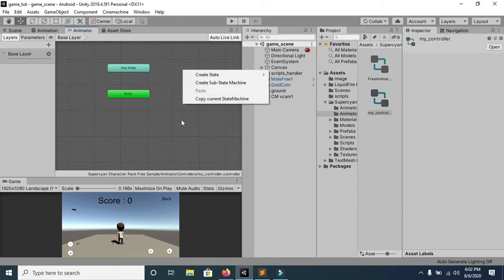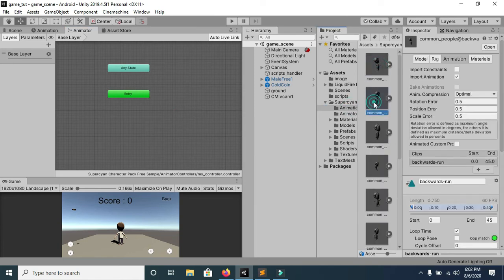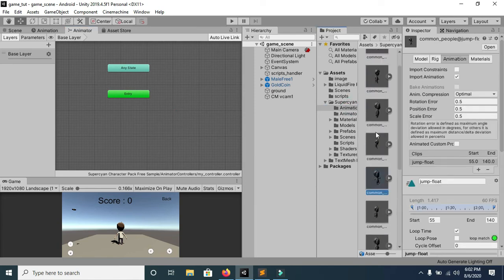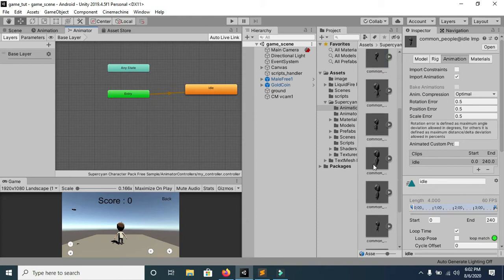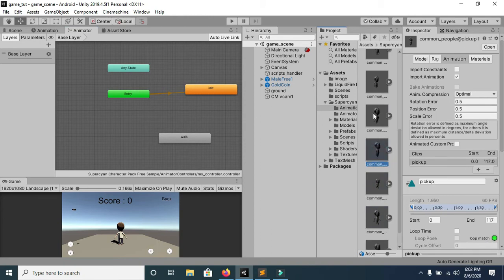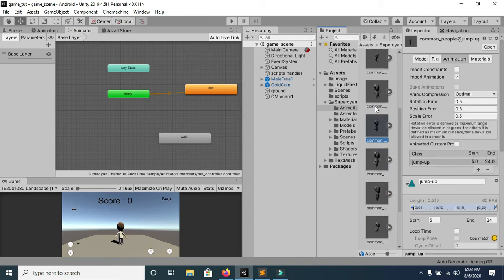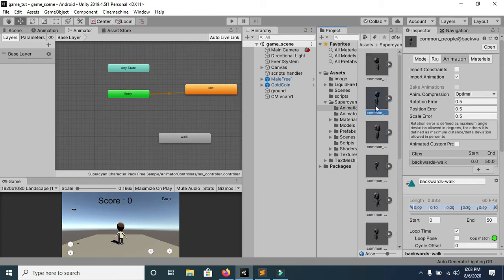Now first of all, I will drag my animation. This is the idle animation. I will drag it over here, and then I need the walk animation, and now I need the backward animation. So this is for the backward movement.